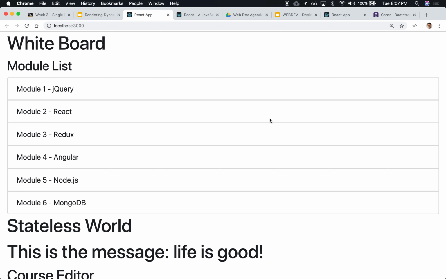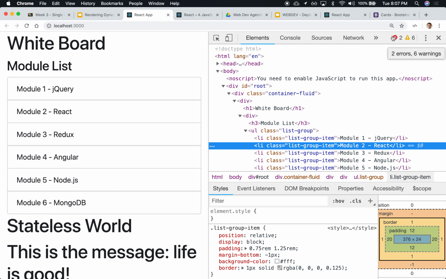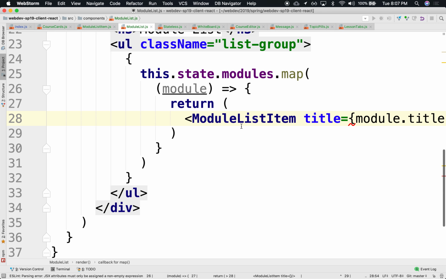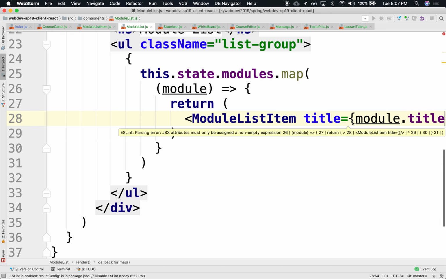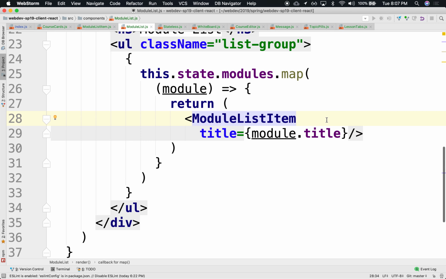Now there's one key thing here that is only visible if you inspect this. It'll have some errors here, right? Some of the errors are complaining that there's probably a misuse of the class name, and also as we're iterating, all these children elements that we're generating dynamically are missing a key property, right? What's complaining here is that these elements that I'm dynamically adding to the DOM need to somehow have a unique identifier